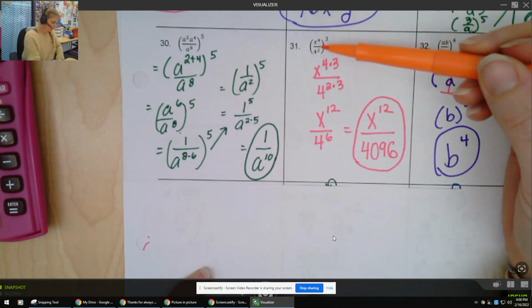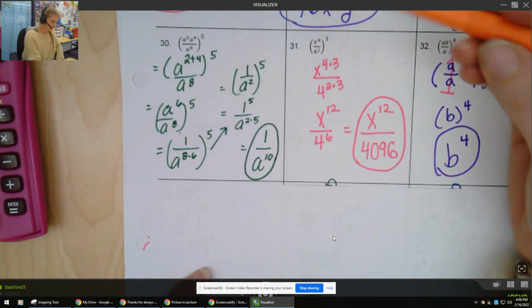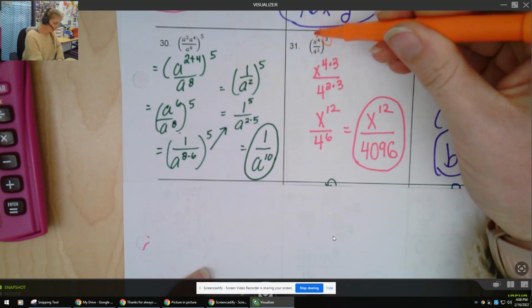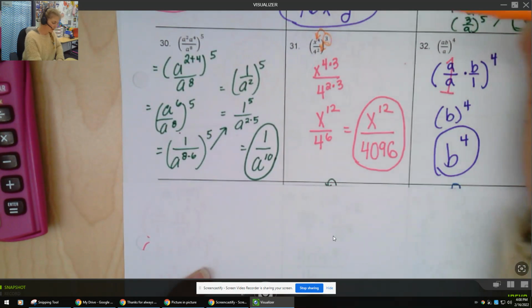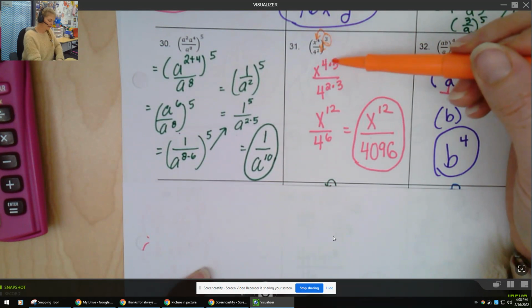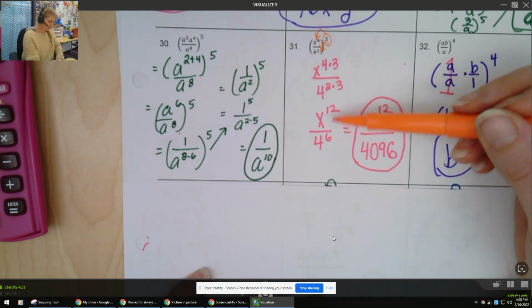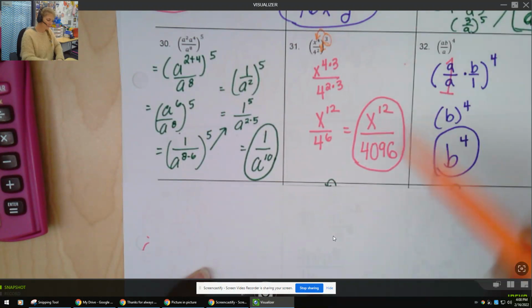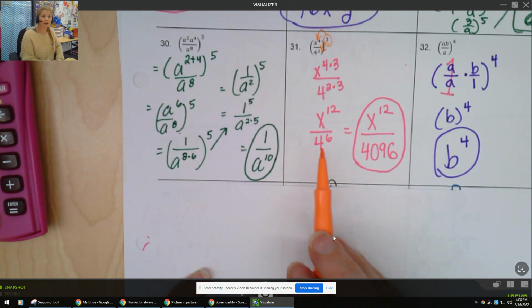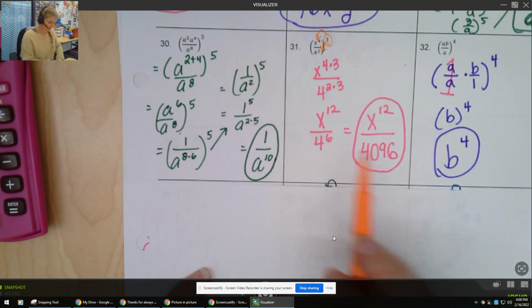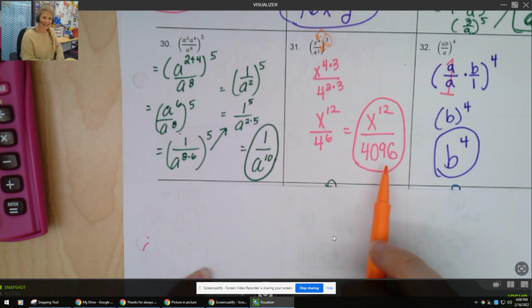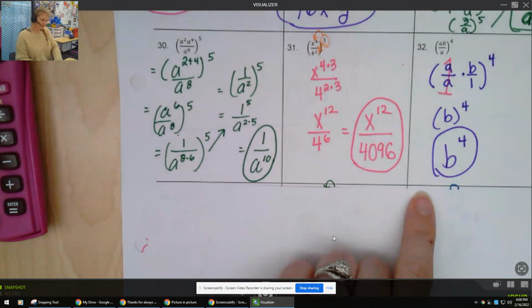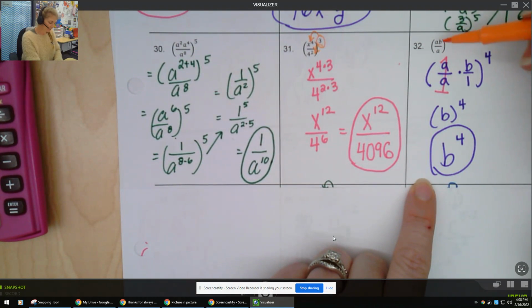This next one, there's nothing to simplify on the inside. So it's just this exponent of 3 applying to both of these factors. So x to the fourth, and we're multiplying our exponent. So we get x to the 12th over 4 to the 6th. And yes, because you have a calculator, you do need to simplify that 4 to the 6th to get you 4,096. Last one you had to do, if you simplify what's on the inside first, a over a cancels out